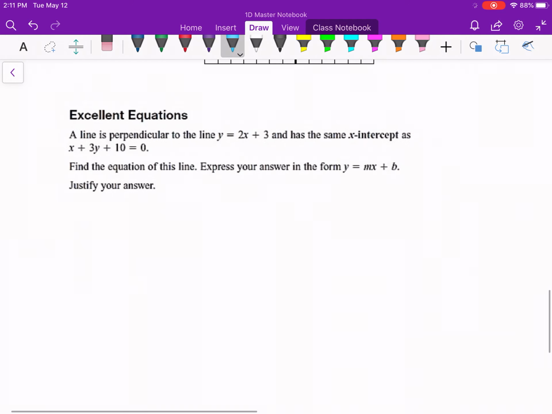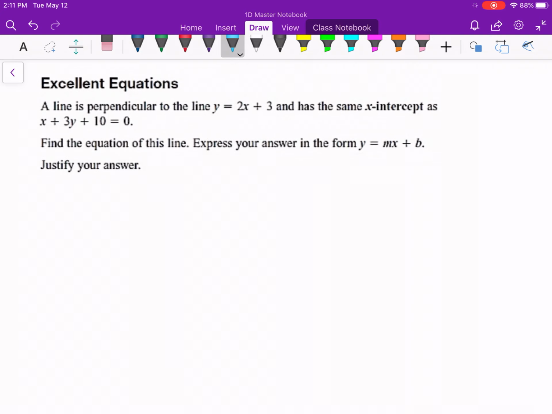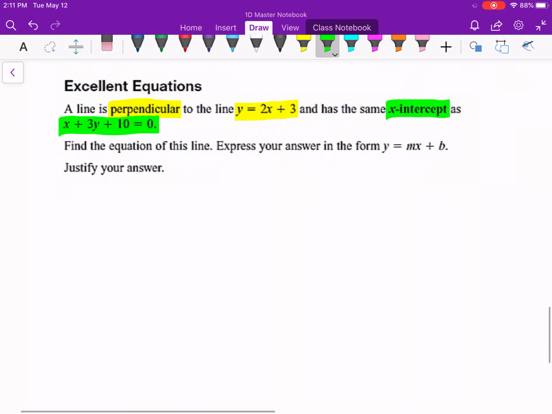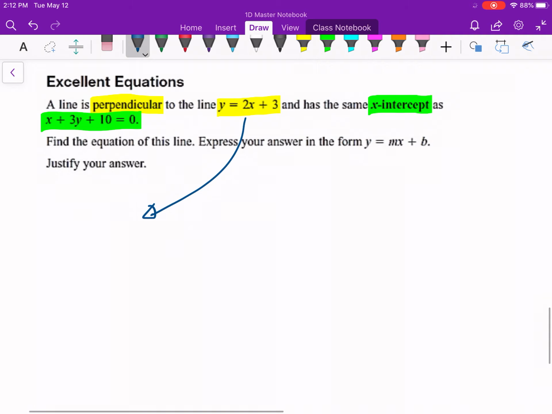Here's one more, just playing around with both standard form and slope y-intercept form. So a line is perpendicular to this line, y equals 2x plus 3. It has the same x-intercept as this standard form line. Then we have to find the equation of the line. So this is really bringing a lot of stuff together that we've learned over the past few weeks. So as far as the slope goes, that's what this part is telling us. I'm just going to draw an arrow here, and I'm going to say that the slope of this line, of course, is